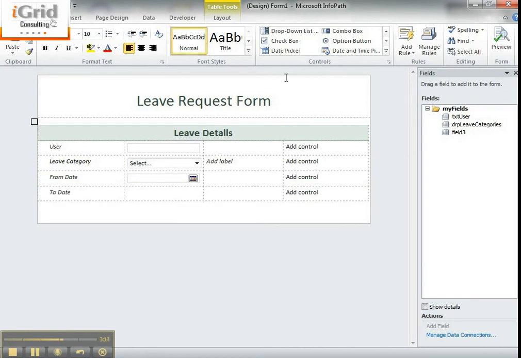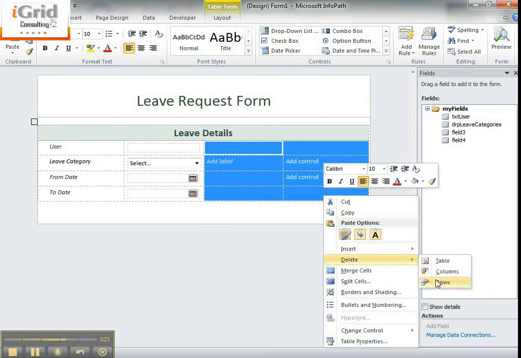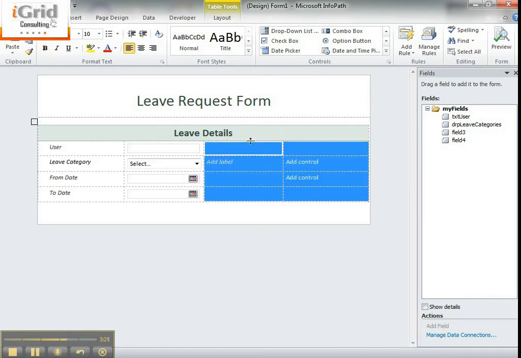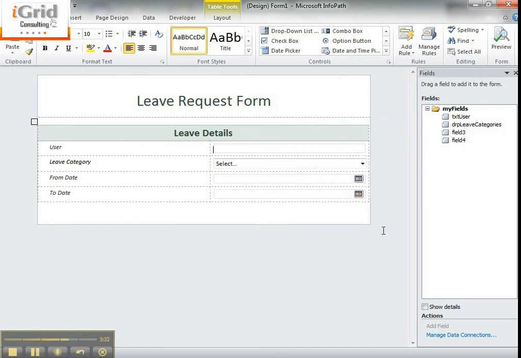Then I will put this date picker again. Now since I don't need these columns, I'm going to just click on this and say delete. Sorry. So what we need to do here is we need to delete these. Delete I can say columns, then it merges. So now we have a form like this.